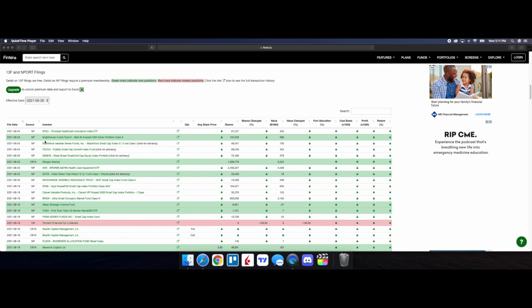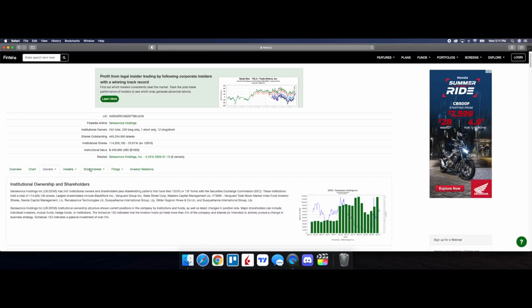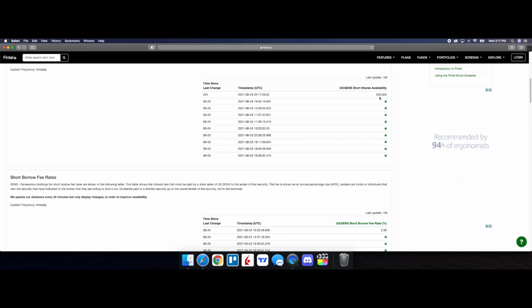But we also see a filing here for Bright House Funds Trust 2 MetLife Russell 2000 Index Portfolio Class A that went in with 152,529 shares. So definitely that is great to see overall in general. Now, as we scroll looking at the short interest information here, the short shares availability is at 250,000, updated 18